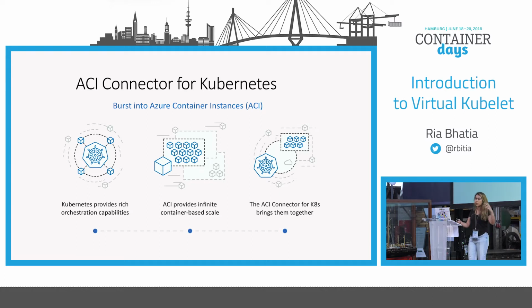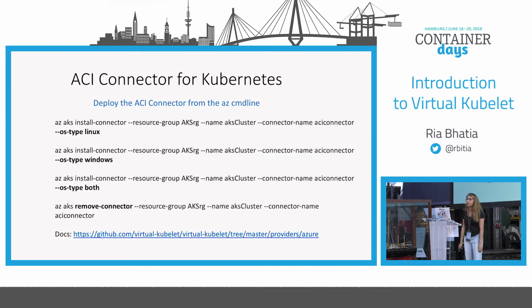So it gives you the Kubernetes orchestration power, the infinite scale of our data centers, and you install it with literally one command. I know I put 4 commands up here, but it's actually one. It's just 4 different ways you can do it. So if you want a Linux connector, you can say Linux. Also, the default is Linux, so you don't even have to specify that. Last week, we released a new command where you don't have to specify the connector name anymore. So you do have to specify the AKS cluster you're running on,